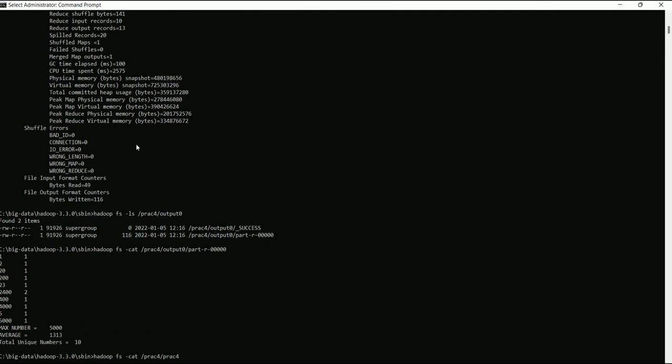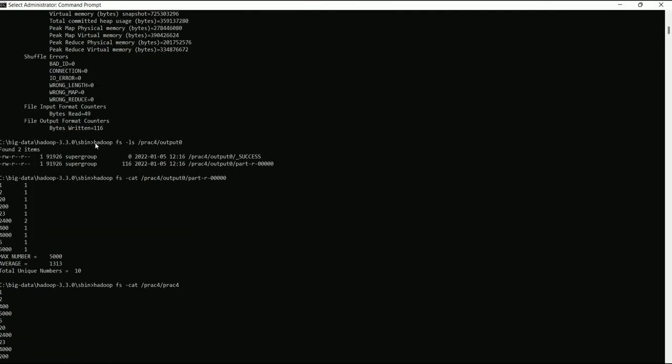And after that, I get the output in these two files. One is _SUCCESS, and the other is part-r-00000.